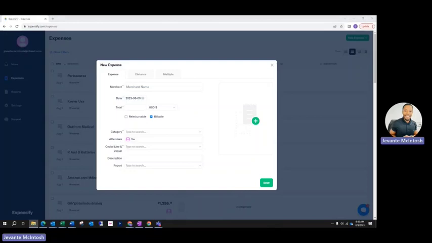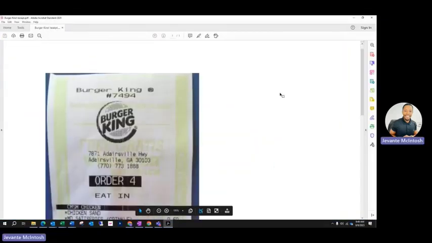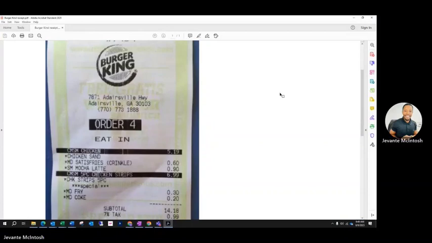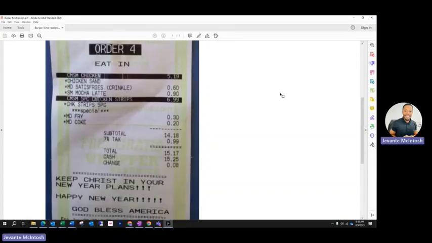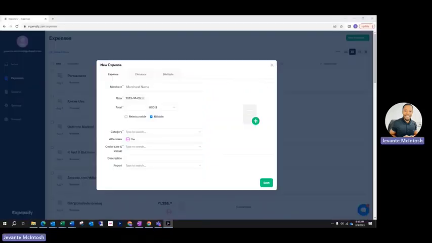So I have two example receipts here. So we're gonna go ahead and start with the first one. The first receipt, I'm gonna just open that up so you can see what it looks like. It is a Burger King receipt. And this is what it looks like. All right. Wonderful. Now, again, this is a test receipt. As you can see, the date is a little dated. For the purpose of our example, we're gonna